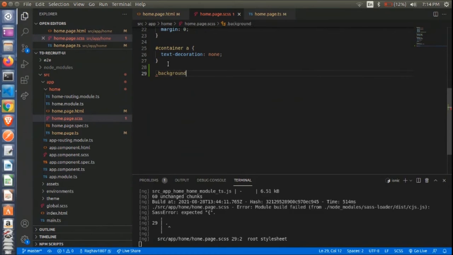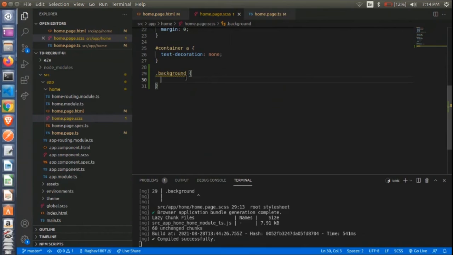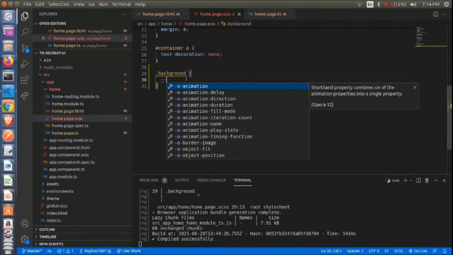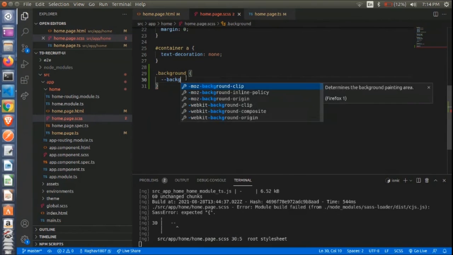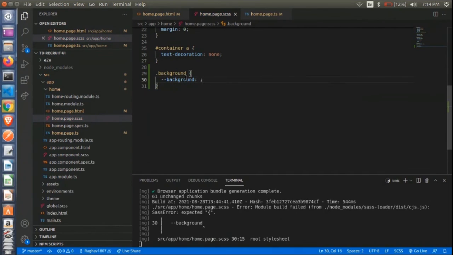Now here we have specified the name of the class. To specify the styling, we put all the styling in curly braces. Within the curly braces, we can give all the styling that we want. To change the background color, we specify double minus sign and background, then a colon and a semicolon.